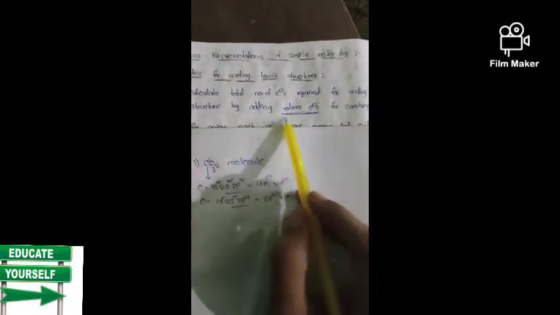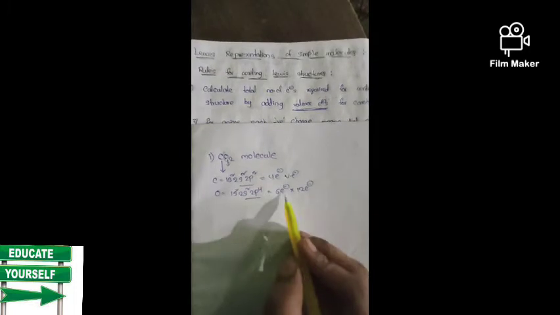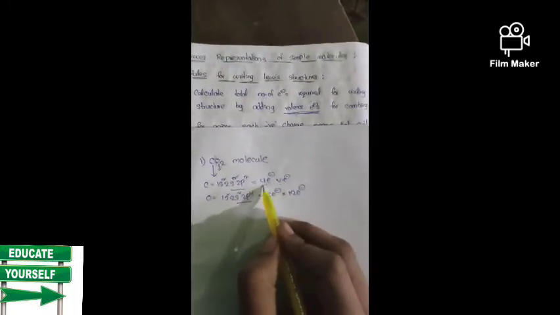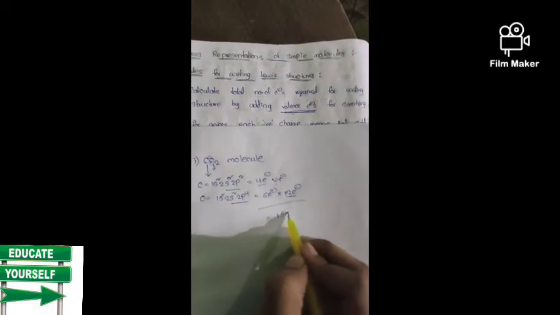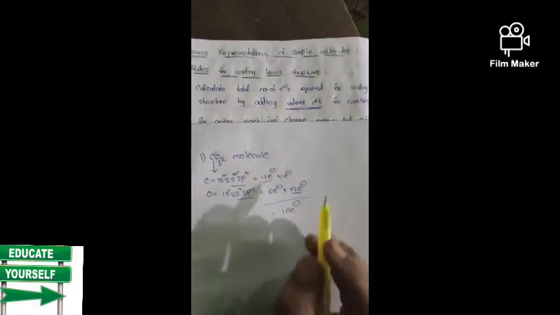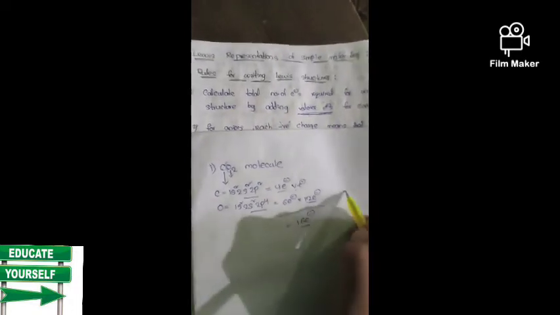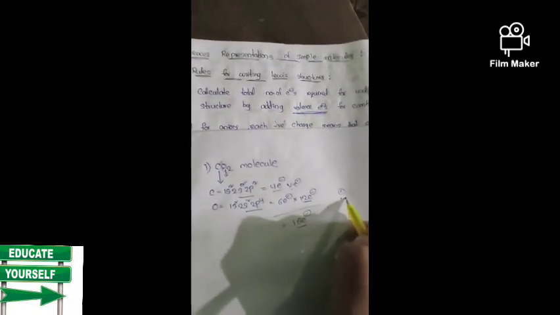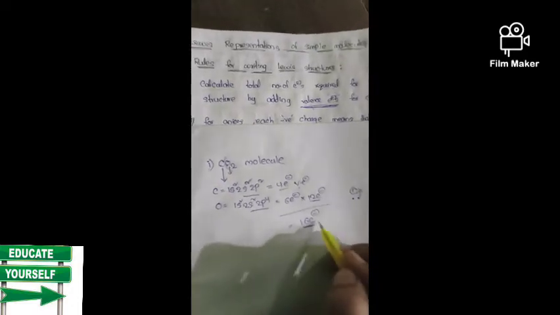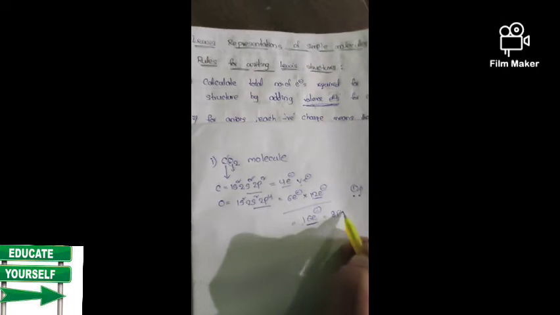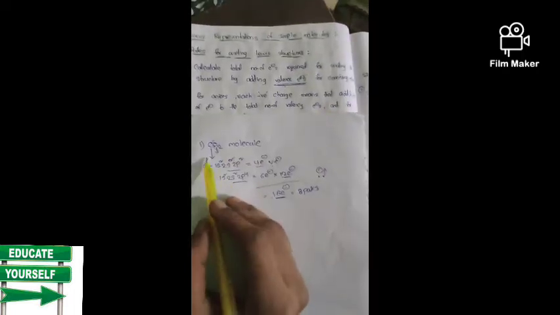In the first point they said that valency electrons we have to add for combining the atoms. So here 4 electrons plus 12 electrons gives 16 electrons as the valency electrons. We know that one pair means 2 electrons, right? So here 16 electrons gives a total of 8 pairs. There are 8 pairs in the CO2 molecule. And this is the first point.